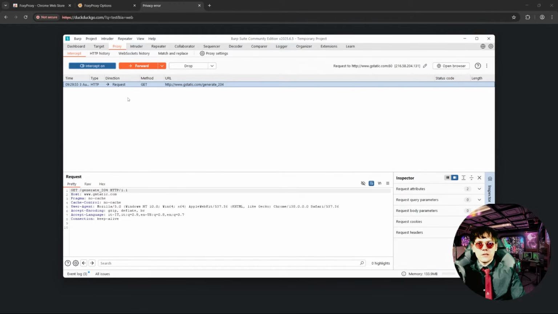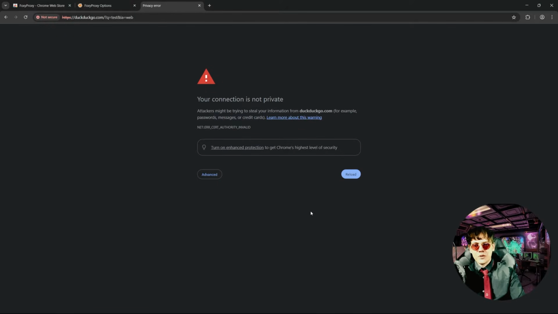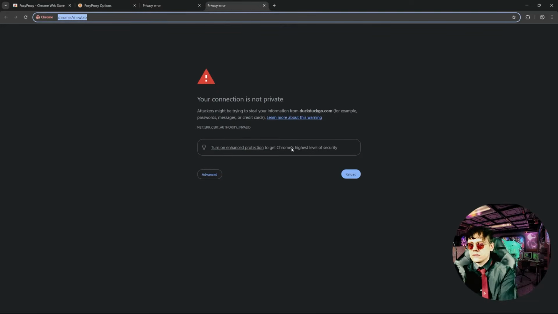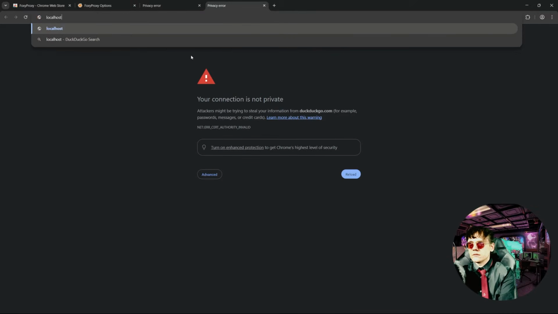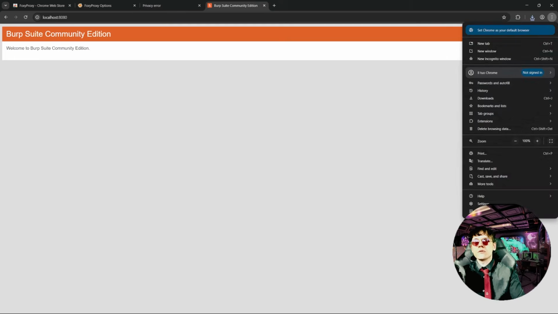But it will only be able to intercept HTTP requests. In order to also intercept HTTPS secure requests, we'll have to install the Burp Suite certificate within the browser, within Chrome. So the certificate can be downloaded from port 8080 by clicking on CA certificate. Now it's been saved in downloads. Then you'll have to go to the Chrome settings,